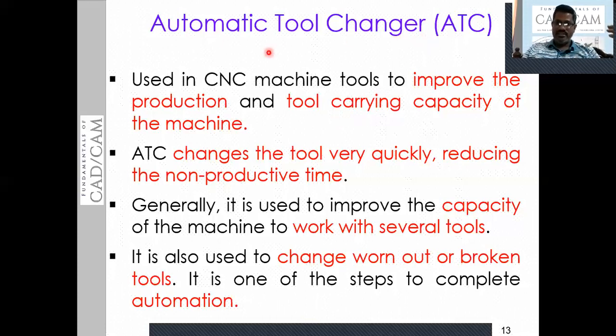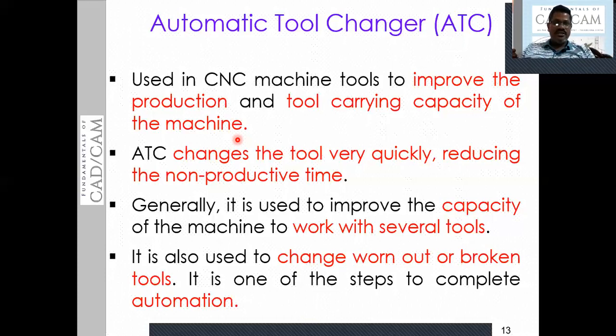The main function of this automatic tool changer is to pick up the tool from the location where all the tools are placed, which you can call a magazine. In the case of CNC machining centers, one device is used where all the tools are located. That is called the tool magazine. Tool magazine is a device in which all the tools are located with a specified address.